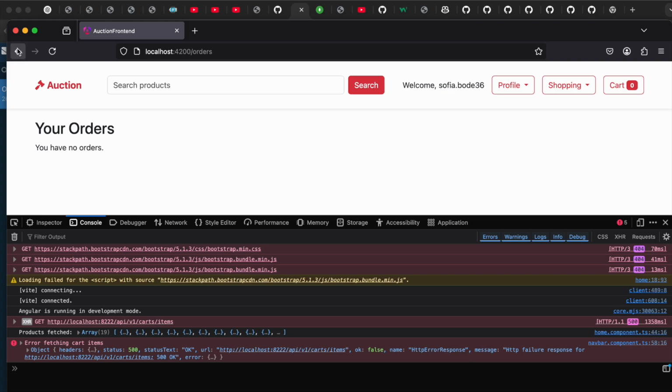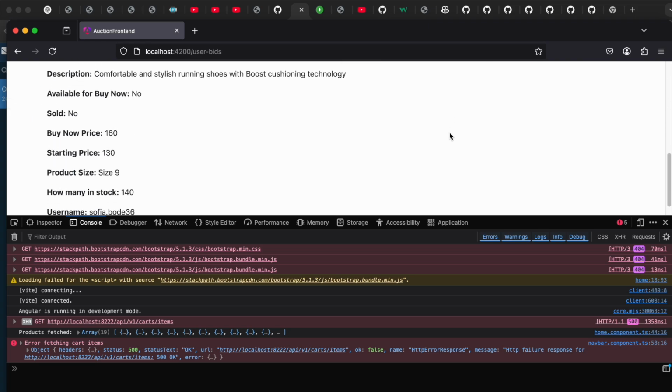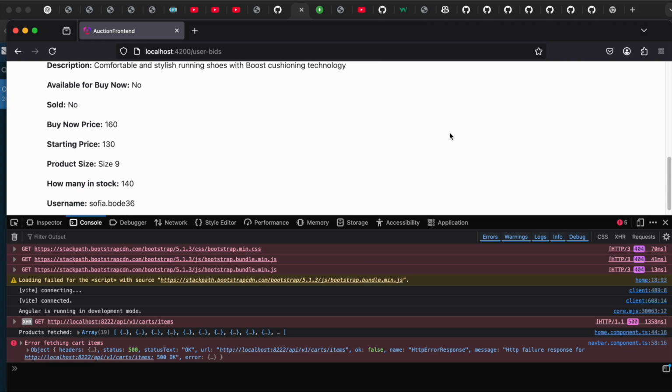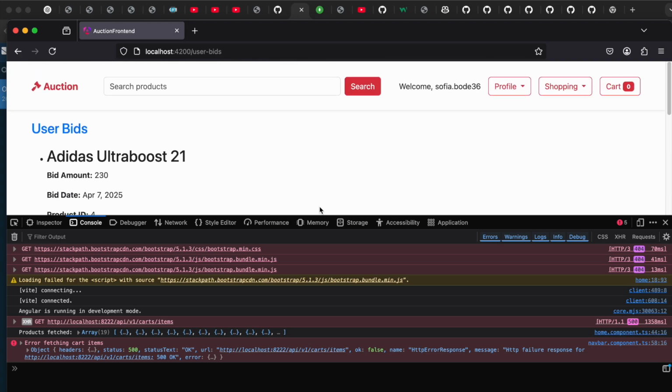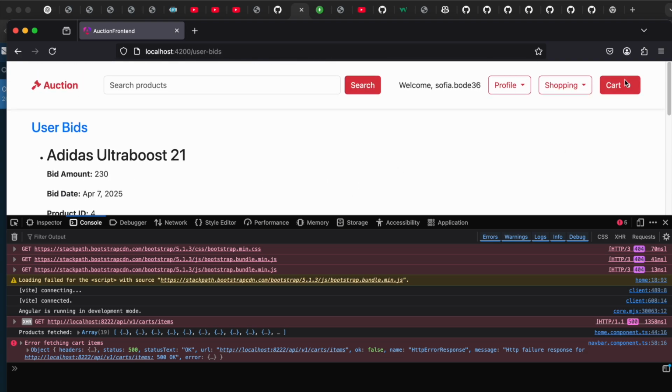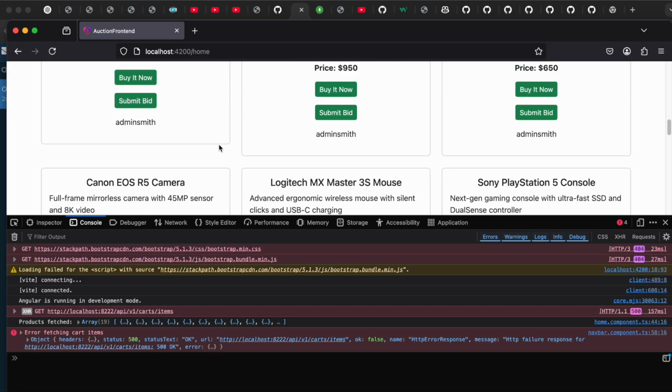So the idea is that if Sophia was to win a bid, what I have to do is add something that says Sophia will be able to add it to the cart and then pay for it, right? So that's a little bit more complicated, but we do have a very good basic website that users can purchase